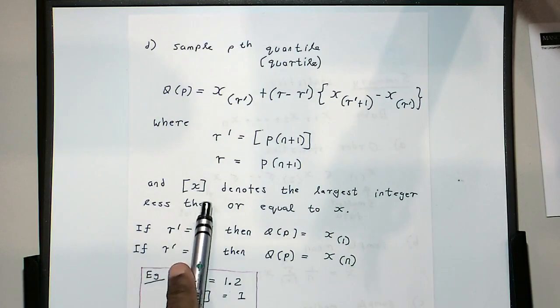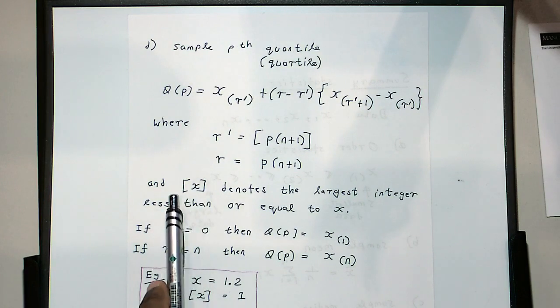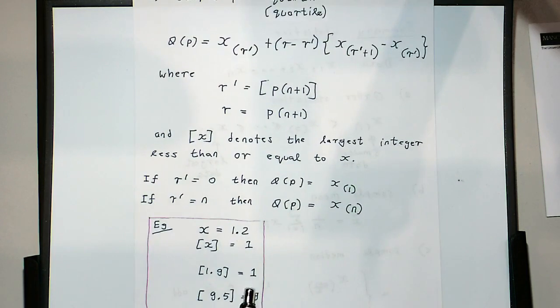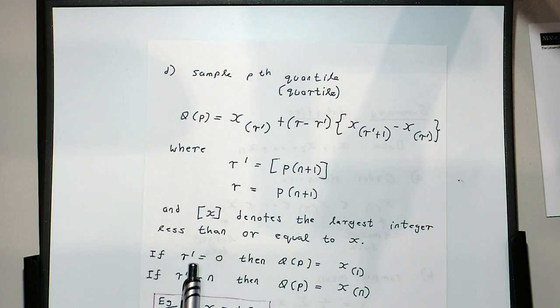I hope you know what an integer part is. Like when I put brackets around x, that denotes the integer part. So for example, the integer part of 1.9 is 1. The integer part of 9.5 is 9. And if r prime is 0, then the quantile is equal to the smallest data. And if r prime is n, then the quantile or the quartile is equal to the largest data, right? Okay,